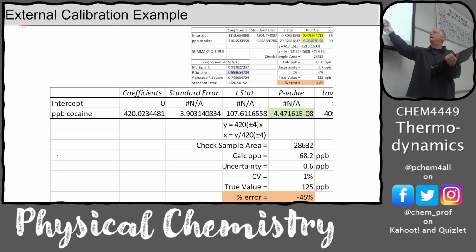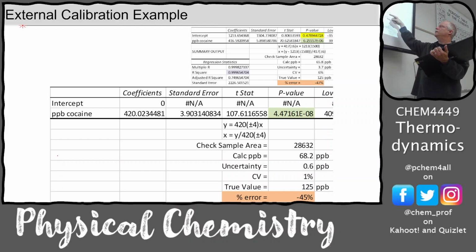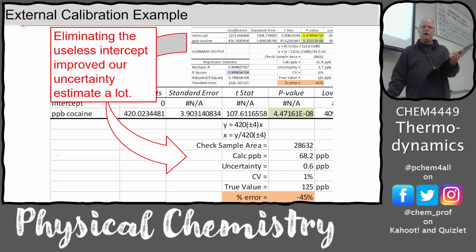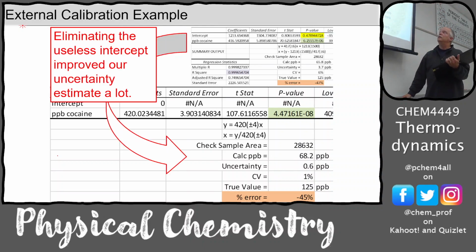So our uncertainty decreased, and so that's good. We went from 6% uncertainty to 1%. We're still off by about 45%. So let's try the next calibration. And let's go to